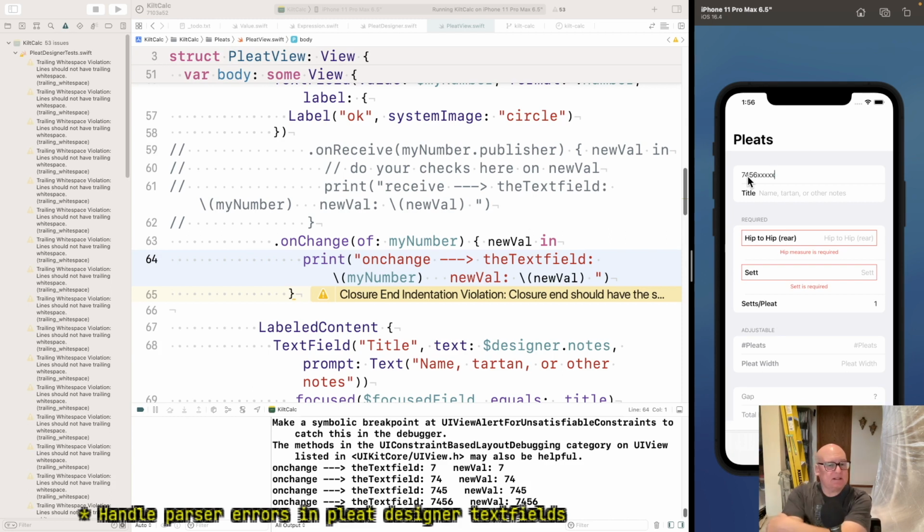Well, okay, I mean, this is what it tells us, right? It doesn't call on change because it doesn't change.